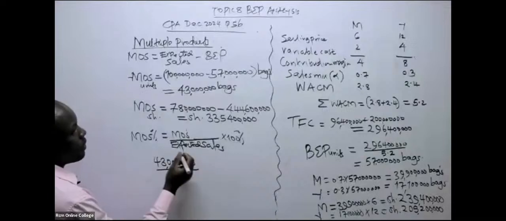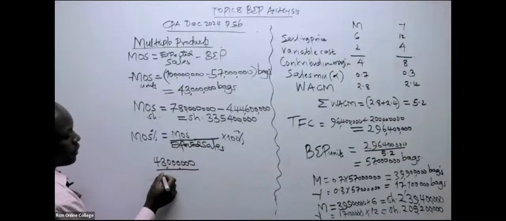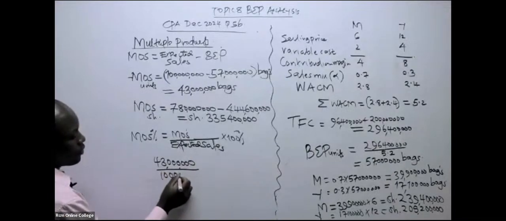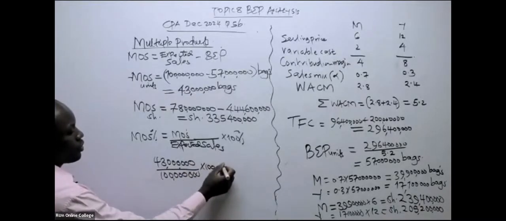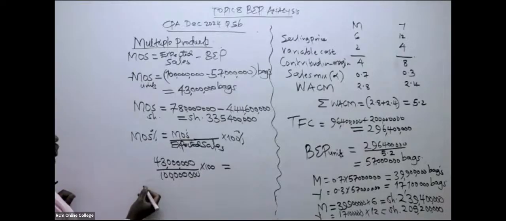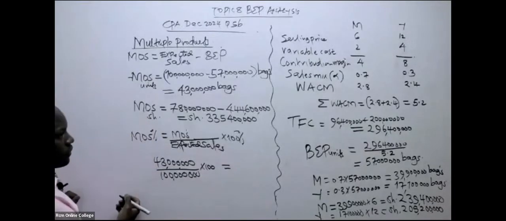43 million. We divide by the total number of bags or expected sales of 100 million, then we express as a percentage. We can also get it by use of the margin of safety in shillings. That is, so we can talk about or